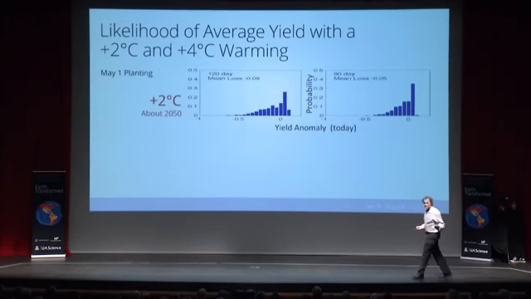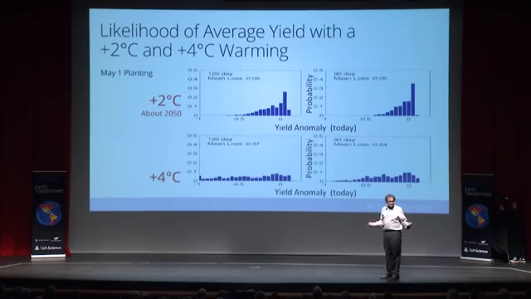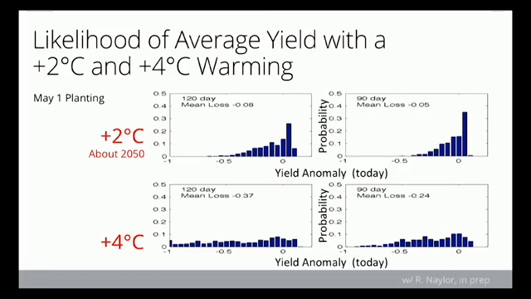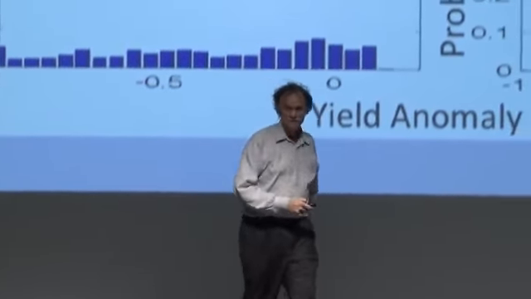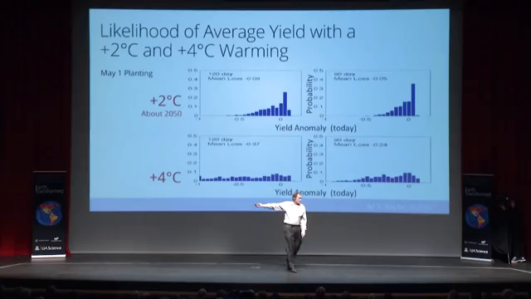And if I go to 4 degrees warming, it's a crapshoot, right? I can get 0 yield, I can get a normal yield, I can get a little higher yield. But the odds of getting a normal yield are really low, right? There's more of an odds that you're going to get a much lower yield, right? All those blue bars down below at the bottom end add up to a lot of times, right?